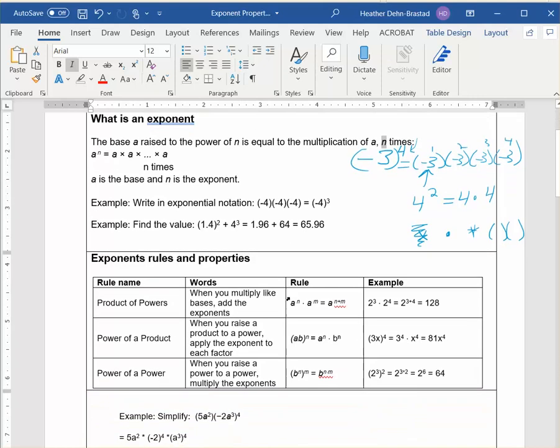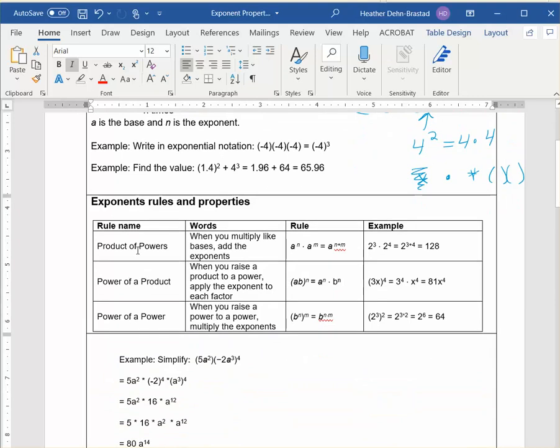Here are our rules and properties. The first one is called product of powers. When you multiply like bases, you add the exponents. So for example, 2 to the 3rd times 2 to the 4th is the same as 2 to the 3 plus 4, which you could write as 2